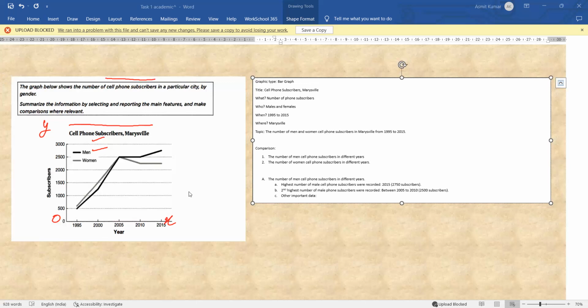So there is a hike by 1,500 subscribers. So that we can write here in a period of only